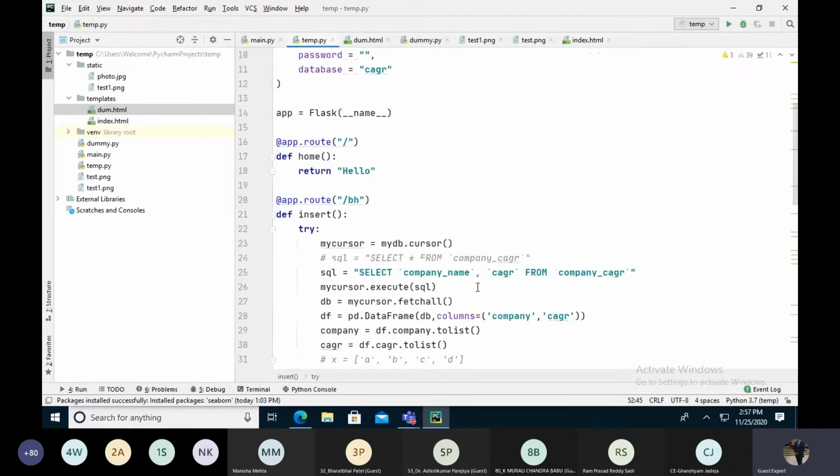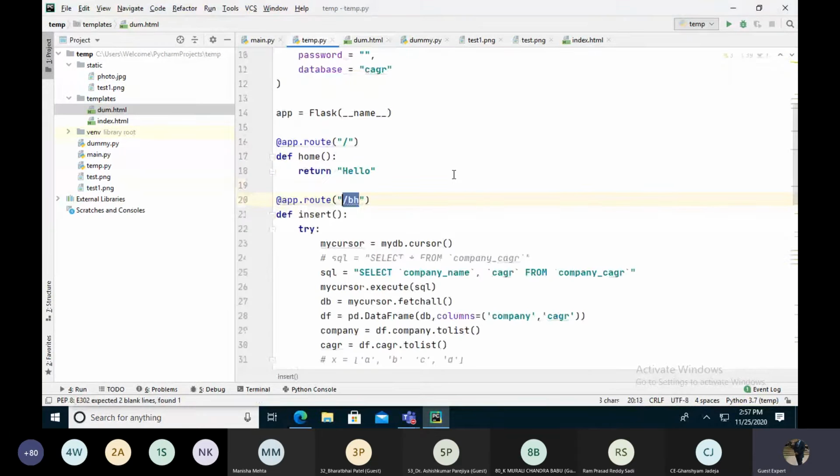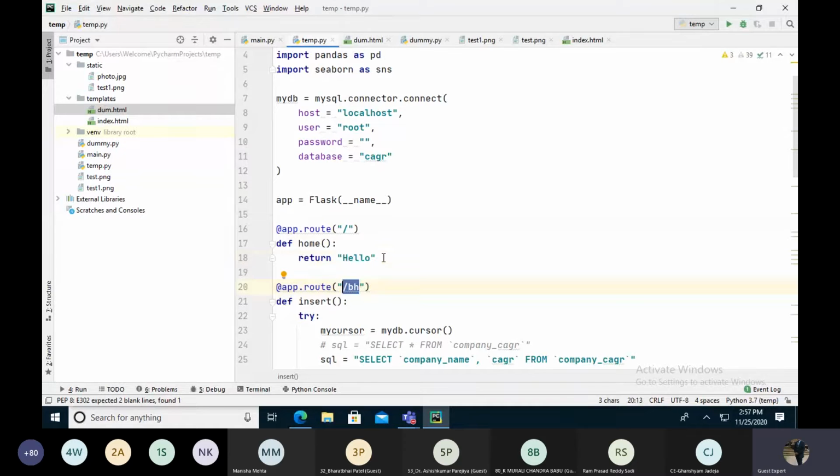This is my code BH. I simply copied the BH code and pasted it over here. And this is my dump.html file, so I'm putting it as the first file.